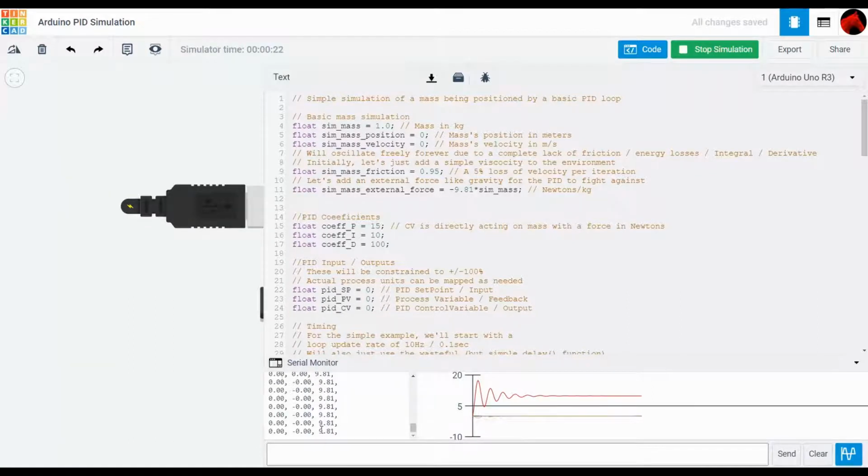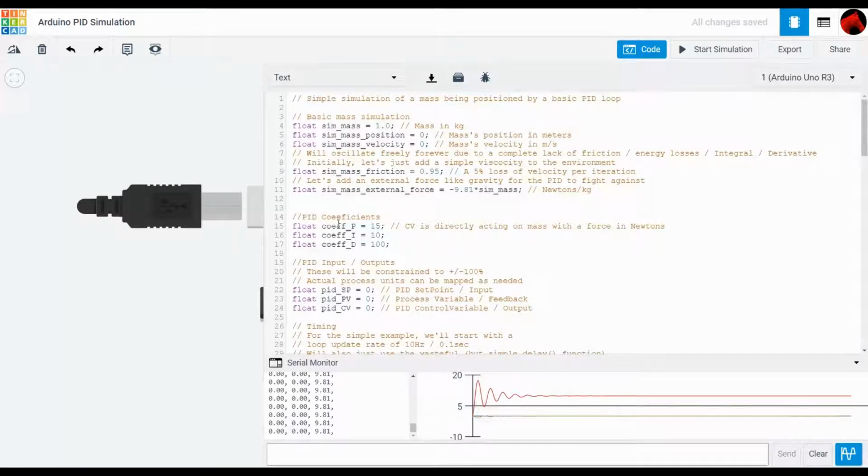So now, all you can really see here is that it has actually found 0. It's found 0 error. And it's finding this perfection with an equilibrium of 9.81 on the CV, which is 9.81 newtons force, positive, which is counteracting the gravitational 9.81 newtons, and everything is stable. Let's bring the proportional down so it's not so overactive. We'll just go right down to 1, which